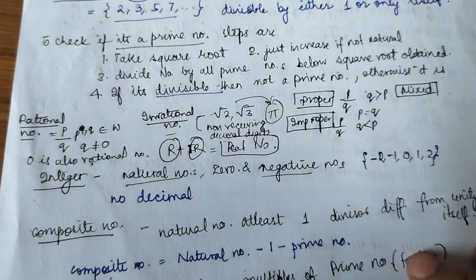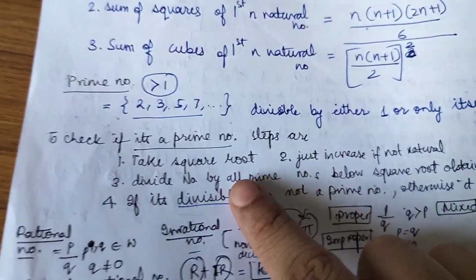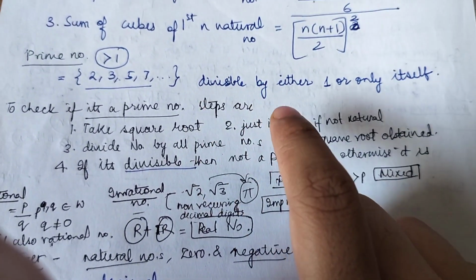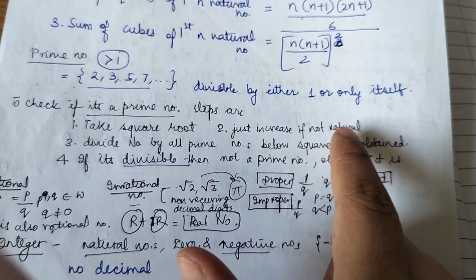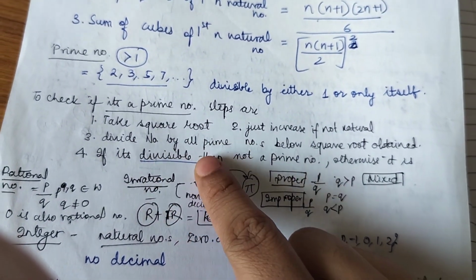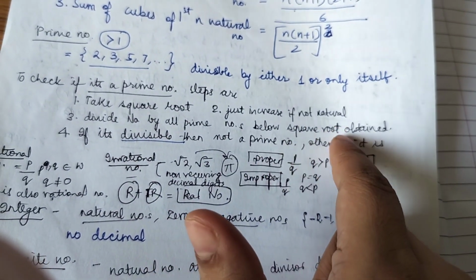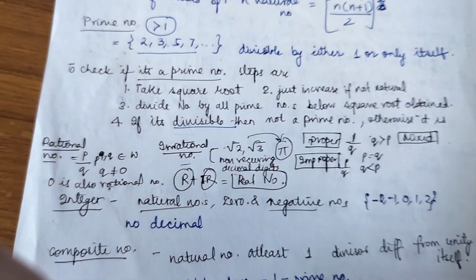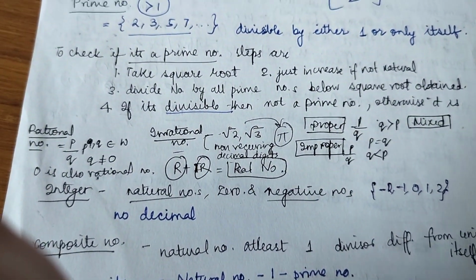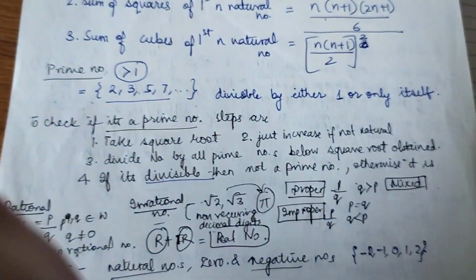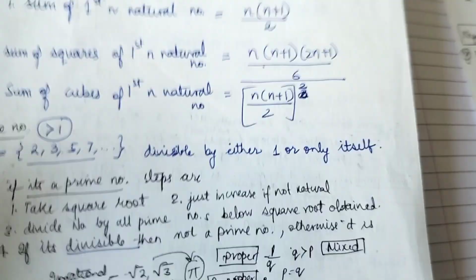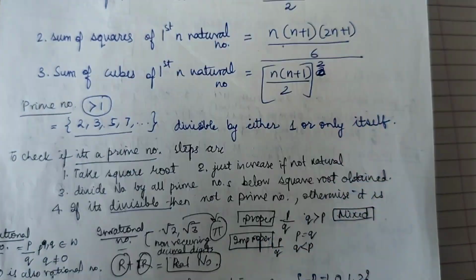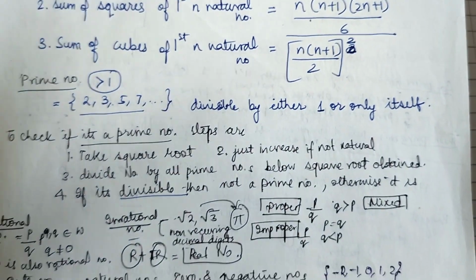Now, to check if a number is prime or not, take its square root, round it up if it's not a natural number, and divide the number by all prime numbers below the square root obtained. If it's divisible, then it's not a prime, otherwise it is. They don't really ask you to check a prime number, but just in case, you can watch a video to actually see how it goes. But this is how you do